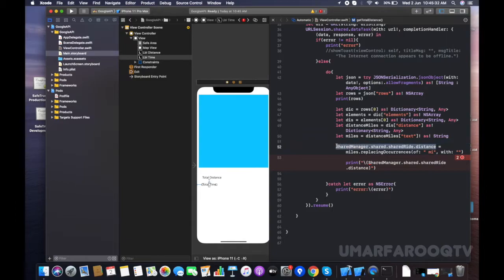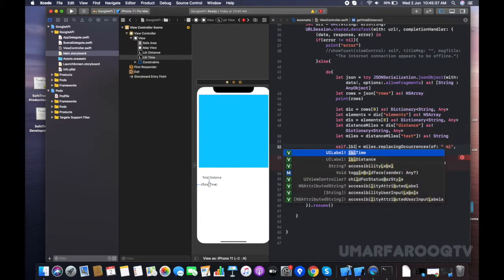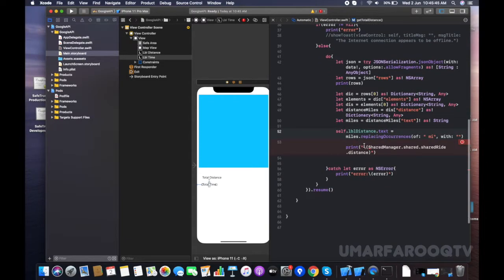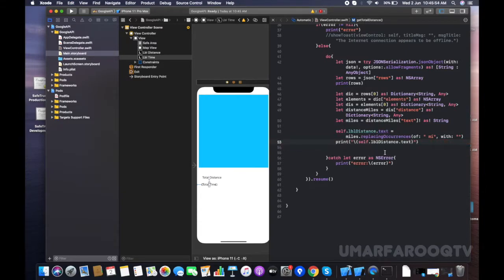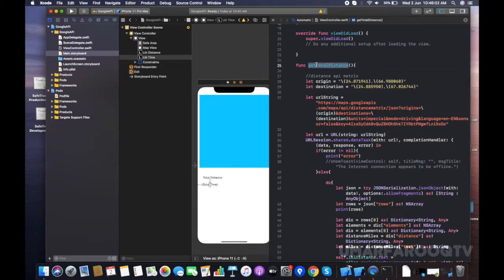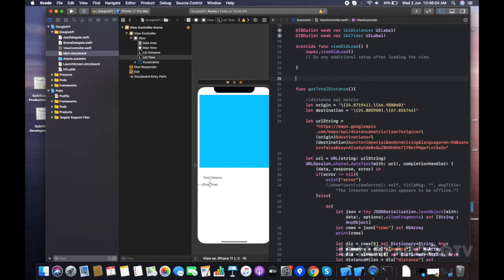Just self dot the label which I created on the UI, distance dot text. When I get the results, I will add the results to this label. Similarly, I just print it in the console. This is my total distance method,